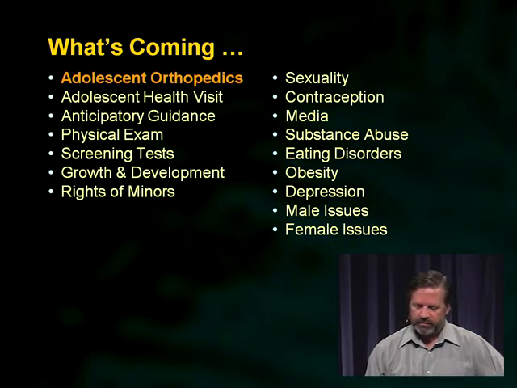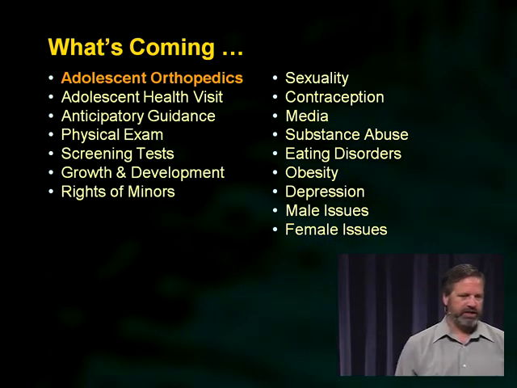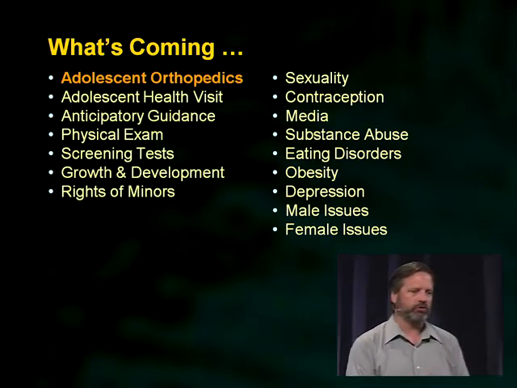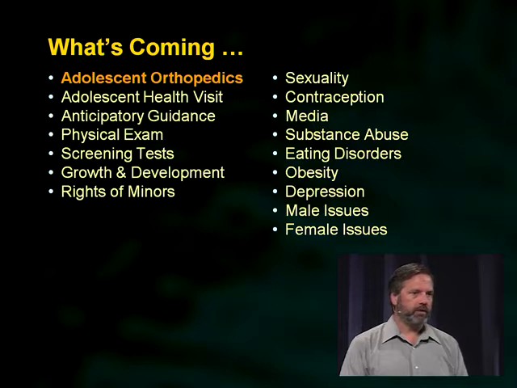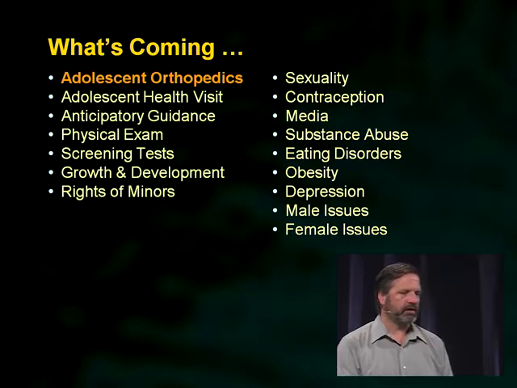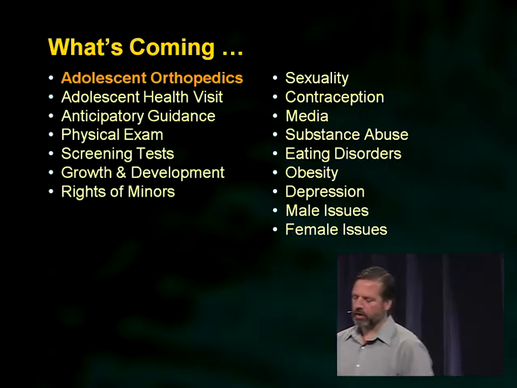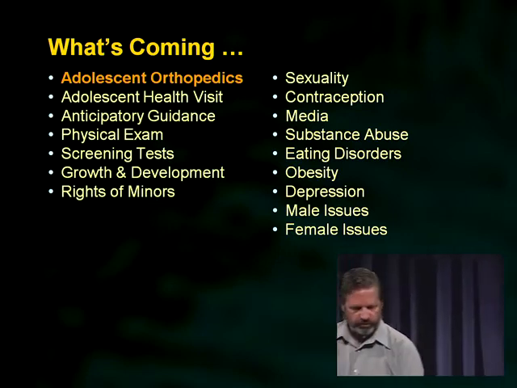So adolescents are a special breed, and one of the important points to remember as you approach questions on the exam that have to do with adolescence is that the boards do not want you to treat them like little adults, and they don't want you to treat them like big kids. So they need their own kind of treatment because they are big kids and they are little adults. And so you need to temper your mixture with both of those.